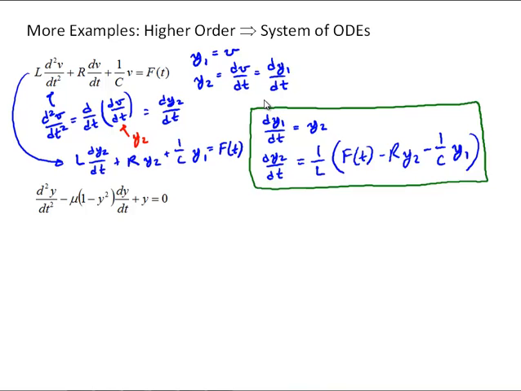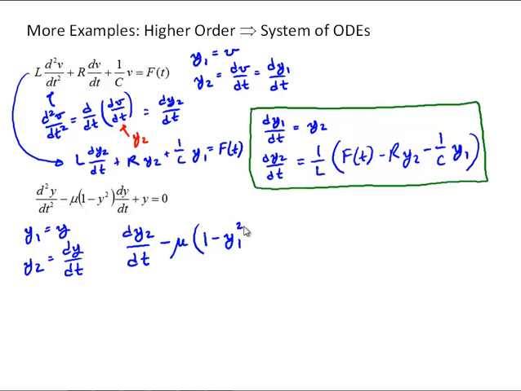We can look at the van der Pol equation and do something similar. Again, we'll start by saying y1 is equal to y, and y2 is equal to dy/dt. Then, rewriting the equation, we're going to have dy2/dt minus mu times, and that's just a constant, 1 minus y1 squared times dy/dt, which we'll substitute in y2,